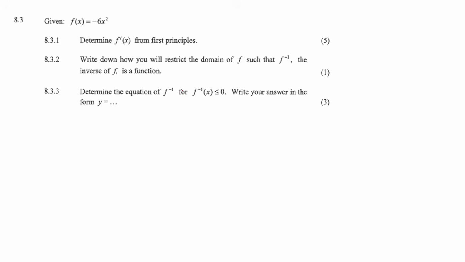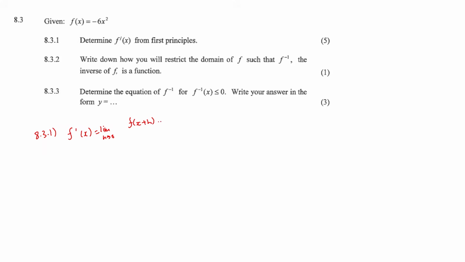Hi guys, today we're going to be looking at a question on first principles and derivatives. Given that f(x) is equal to negative 6x squared, determine the derivative of f(x) from first principles. To determine it from first principles, we obviously use the whole first principles equation, and we say f of